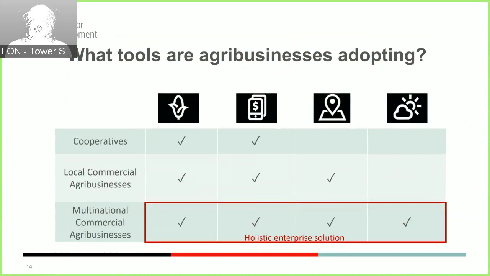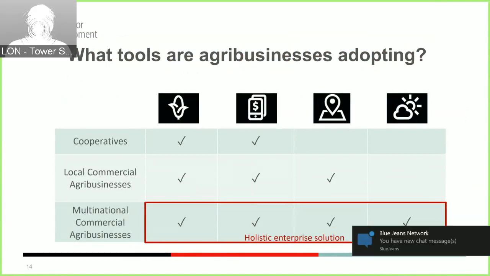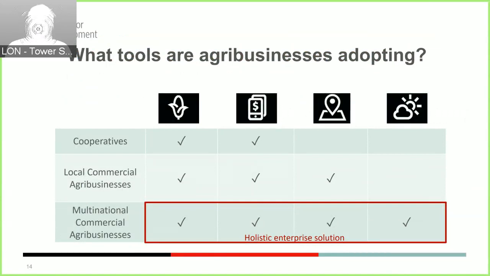We can think about companies such as Olam, Cargill, Nestle, where there is really a need in some cases for solutions that extend also to IoT, which is indicated in this table on the right-hand side. It's important to say that while we're seeing the emergence of different models, with cooperatives and larger commercial agribusinesses taking up different tools, we are not yet seeing holistic enterprise solutions that integrate in one platform information, digital payment, track and trace systems, farm management systems, and IoT. Although certainly that is the direction where solution providers will eventually head over time.